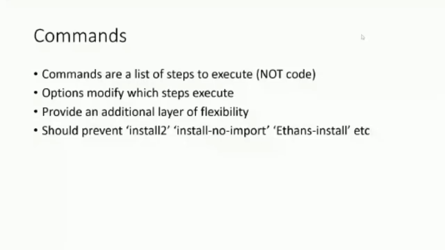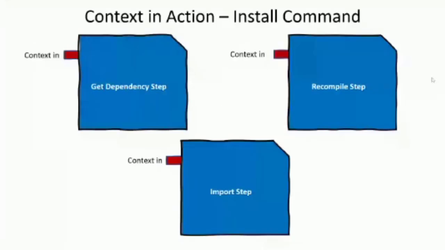All right, and so when we run the install command, it's going to do the 3 steps: get dependency, recompile, and import. And we've got some fly-in text that is going to appear. So when I run get dependency step, the context is going to give me where's the dependency I want to install and where do I want to put it. When I run the recompile step,